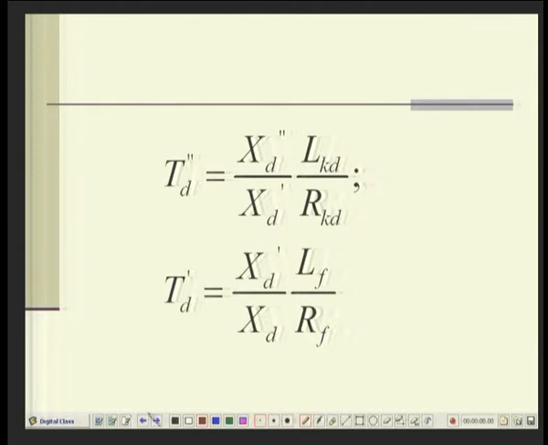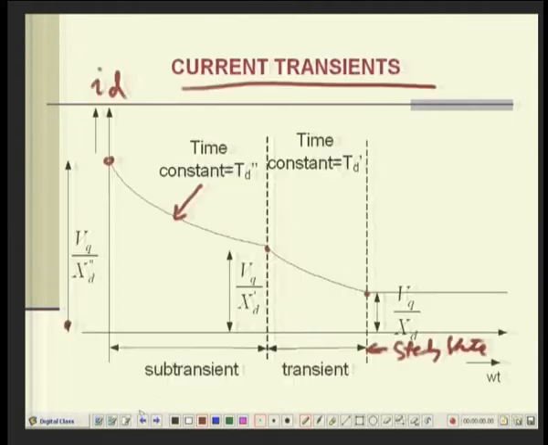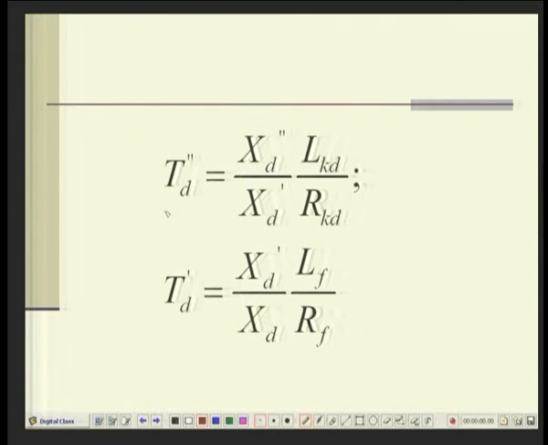and the time constants are, we define this TD double dash called D axis subtransient short circuit time constant, which is XT double dash XT dash by LKD by RKD. This is due to dampers, but time constant TD dash will be XD dash by XD LF by RF. Okay. Right. So,